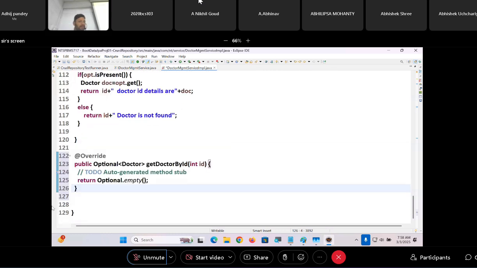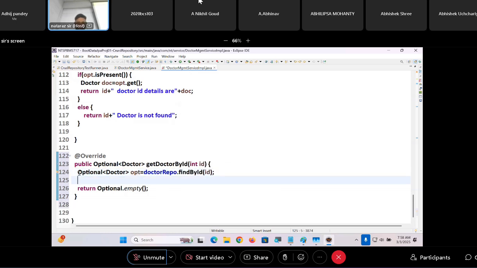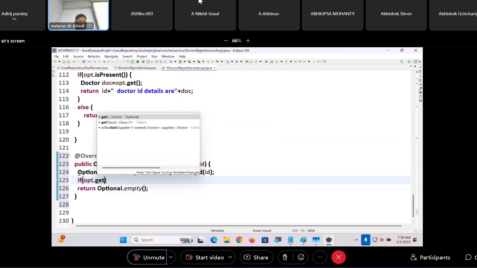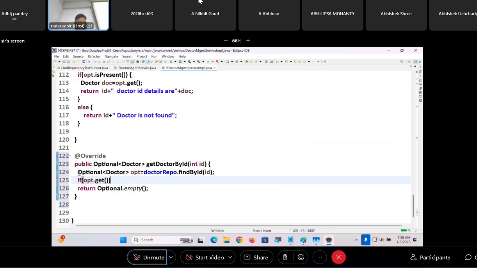Get the doctor by ID. Okay. What I'm going to do is Optional doctor opt is equal to doctor repo dot findById. If opt dot get